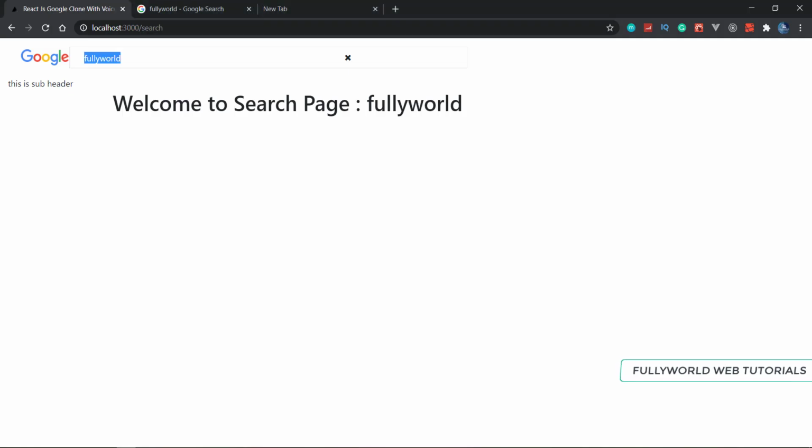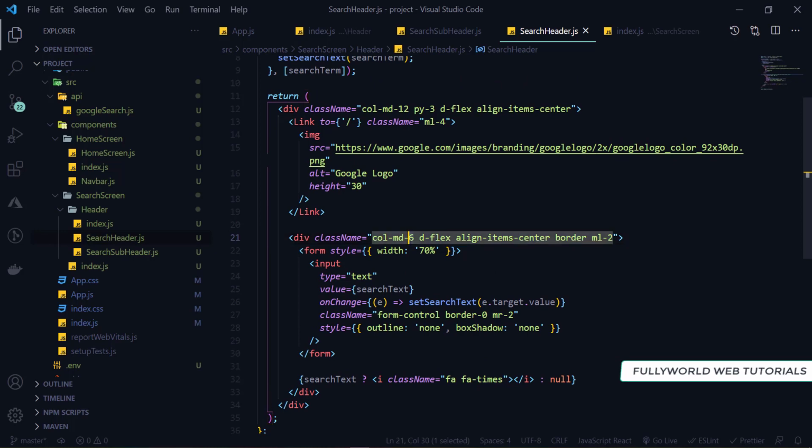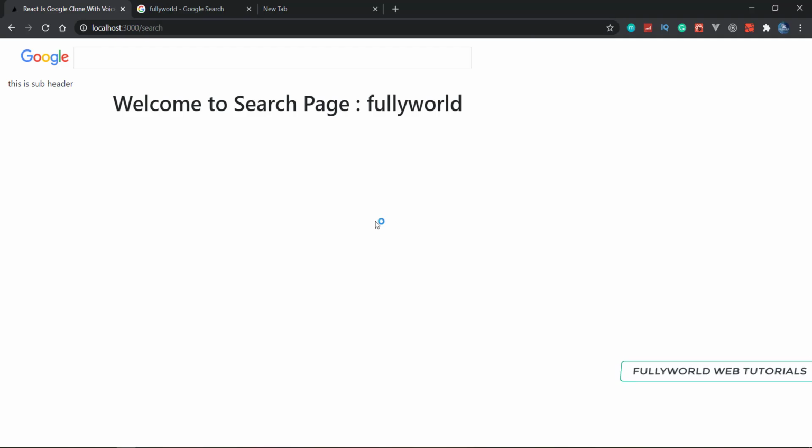And here I can set it to colMD 4 also. So see that we can set this to colMD4 also, and let's set its width to 85%.